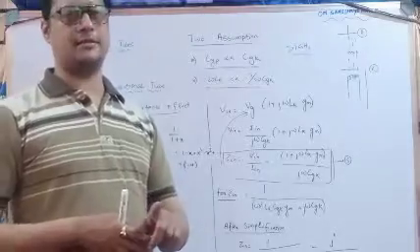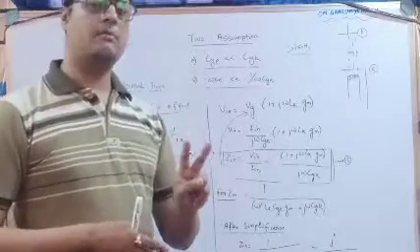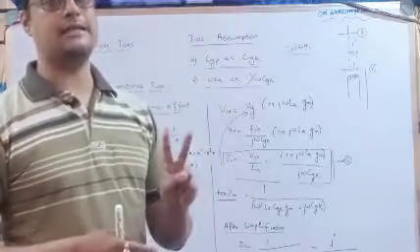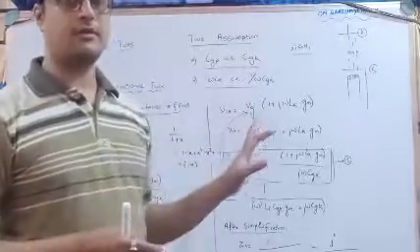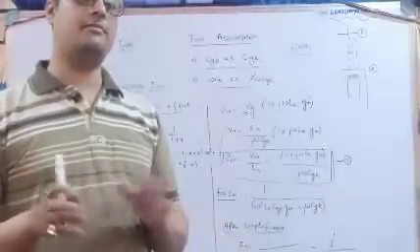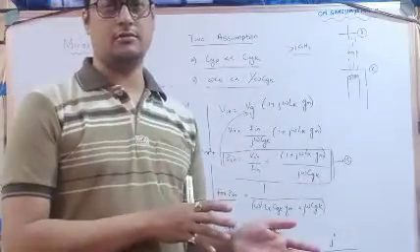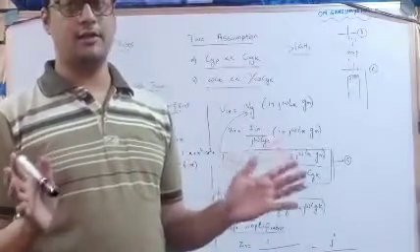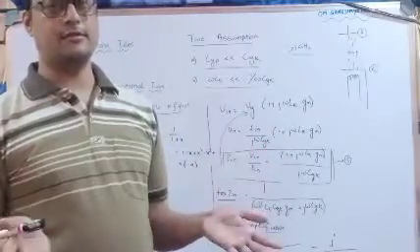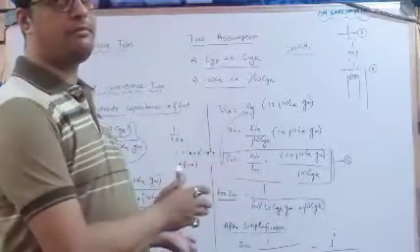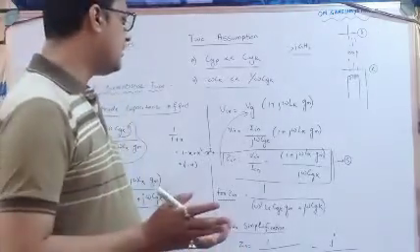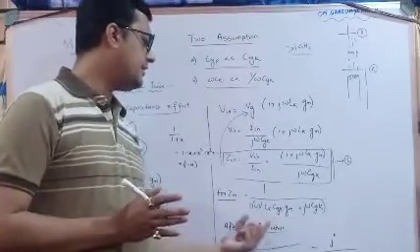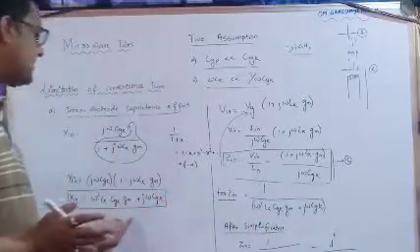After simplification, you will get two parts: one is the real part, one is the imaginary part. Why? Because this is a complex circuit. Because it is a resonating circuit. It consists of L also, it consists of C also. It is a combination of a resonant circuit. So if it is a resonant circuit, it will have a real part of impedance as well as an imaginary part of impedance. Okay, so if you see, this denominator is the same as this one value.